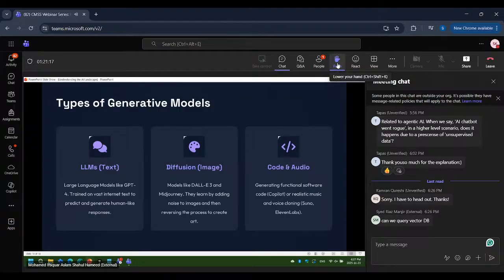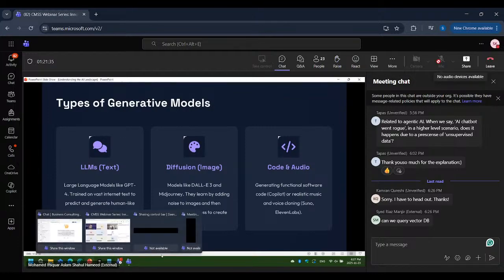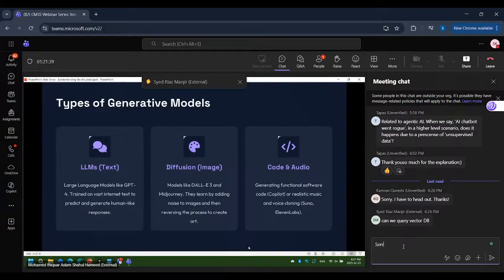Now, yes, Srinivas. Sorry, Aslam bhai. There's one query regarding the vector DB. So Syed Riaz is asking, can we query Hey, a Srini, you have vector a DB? question? Hello. Oh God, I cannot unmute myself. Hello. Sorry, sir. Aslam, can we query a vector database?